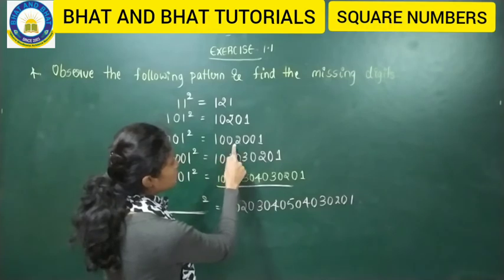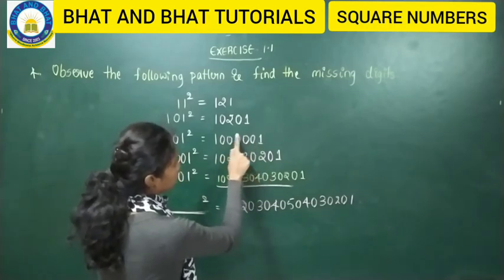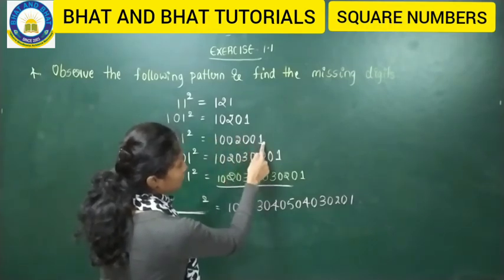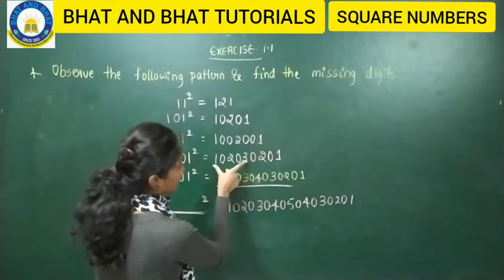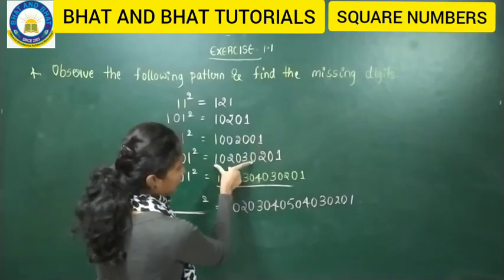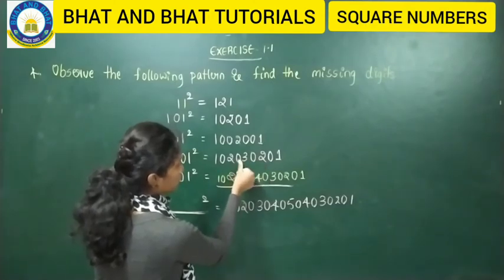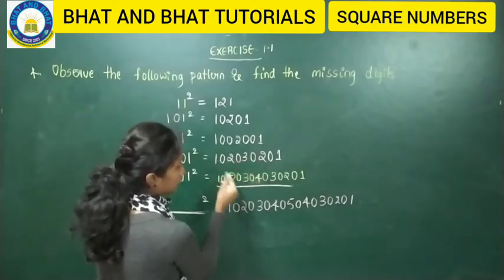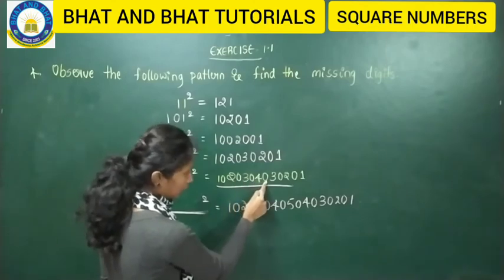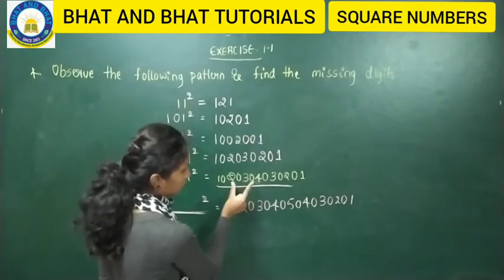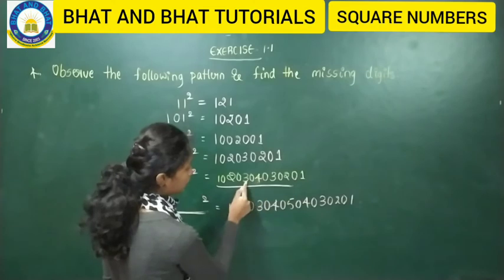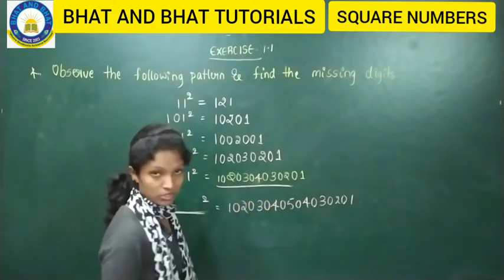See here 1002001. Whatever number you have got, the reverse number you have over here. In the same way you have till 3 and till 30. Again what continues here? 20201. Okay. In the same way, if you go till 40, what happens here? The reverse number is going to come over here, that is 30201. So this is the trick.